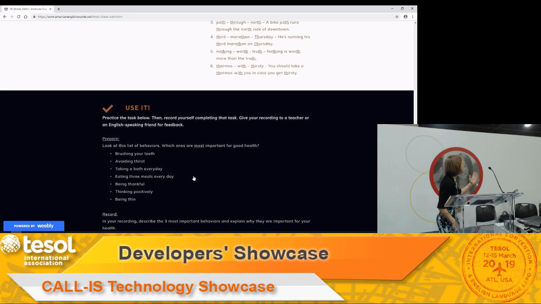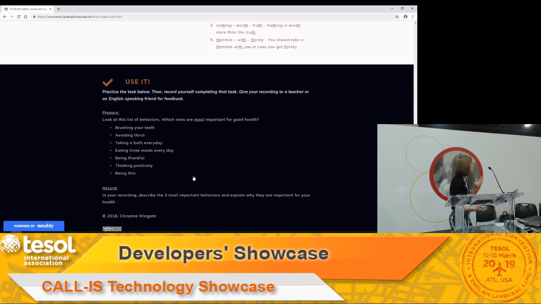The last part of each page is a speaking activity. And this is a little speaking prompt that they can respond to in a recording. So usually, if I ask a student to go through one of these tutorials, I will ask them to submit a recording for me. And usually this is the part I want to see, because this is where they will practice putting that sound in context. For example, for this activity, they have to talk about which of these are healthy behaviors, which ones are most important for your health. And so they really get the th sound in there, and they have to practice that in the flow of speech.